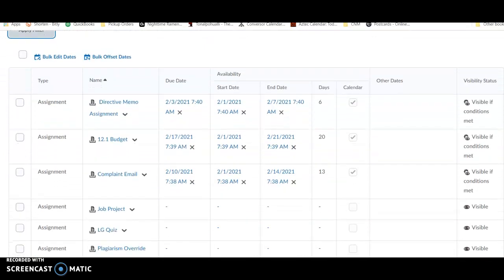You can see that I have 3 assignments that are due in a course that began February 1st. So I have due dates on the 3rd, the 10th, and the 17th, the first 3 weeks of the course. The start date of the course is February 1st, and then I have an end date 4 days after the assignment is due. So if I want to move these from this spring term to next fall,